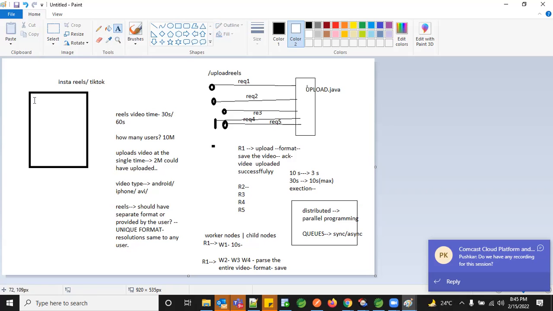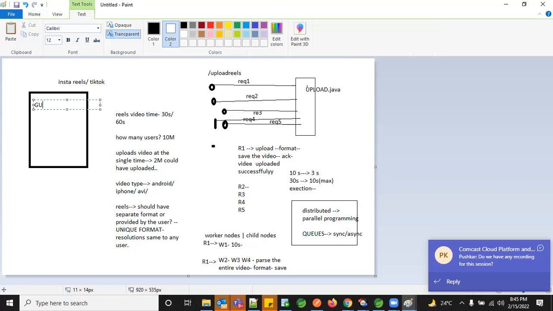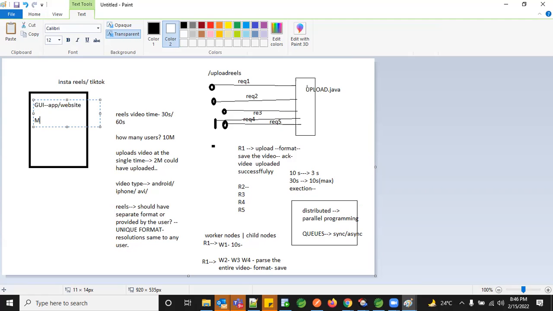You had the GUI application, which is your Instagram app or your website. Now, after that, in the middleware, let's say you had an upload API where you are able to upload the reels, which is a separate Java program, right? A separate Java package. Similar to upload reels, you can go and see the feed. You can see Instagram pages, or instead of reels, you can go and see some other profile.